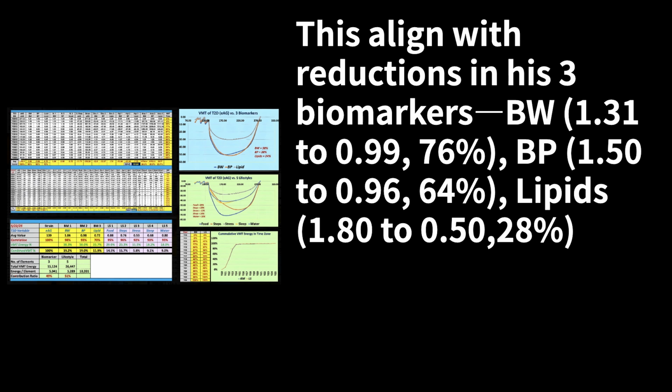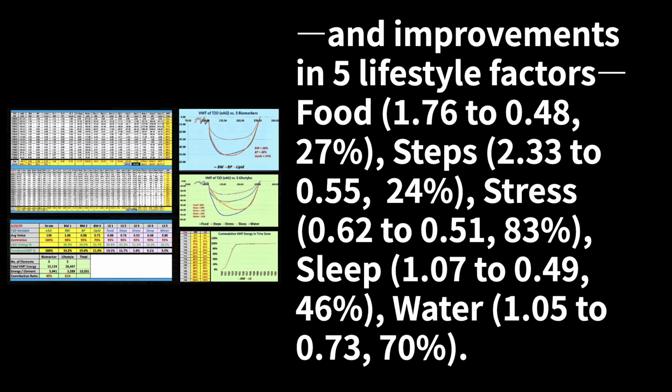This aligned with reductions in his 3 biomarkers: BW, 1.31 to 0.99, 76%; BP, 1.50 to 0.96, 64%; lipids, 1.80 to 0.50, 28%; and improvements in 5 lifestyle factors: food, 1.76 to 0.48,